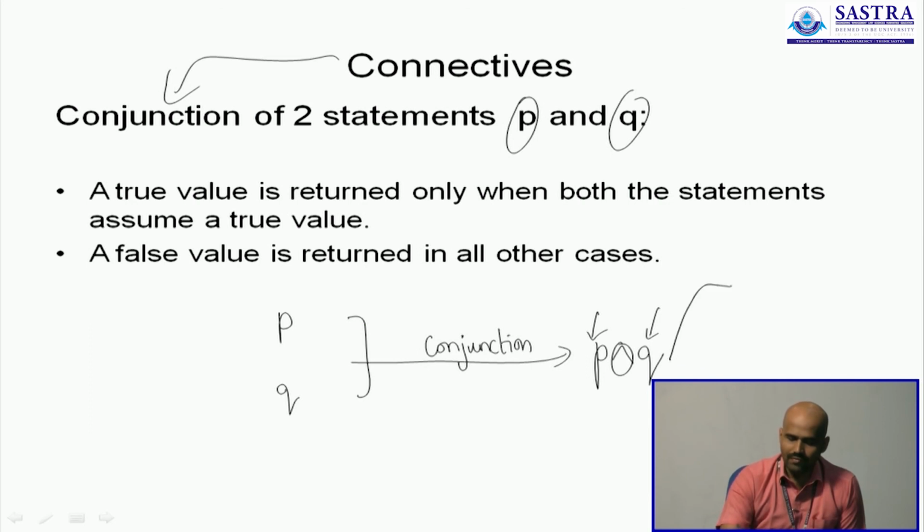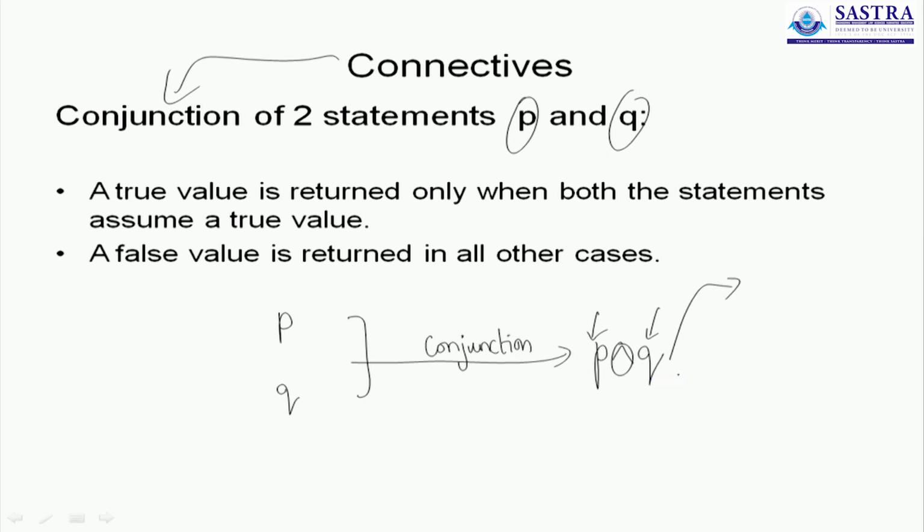Now, when will this statement take a true value or a false value? Because in the previous operation we found out how to negate any given statement. So we explained when it takes up a true value, when it takes up a false value. The same discussion will be extended here when we combine two statements. Two statements P and Q, when they are combined using a conjunction, the result P conjunction Q will take a true value only when both P and Q are true, and a false value in all other cases.